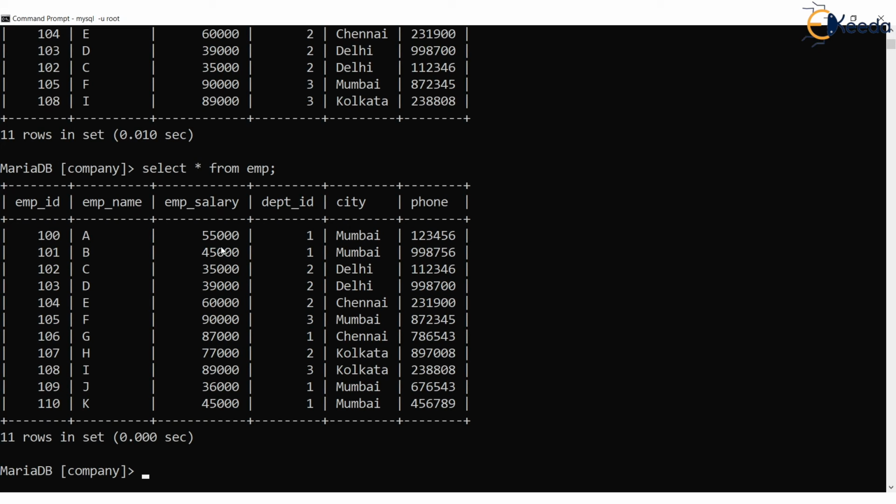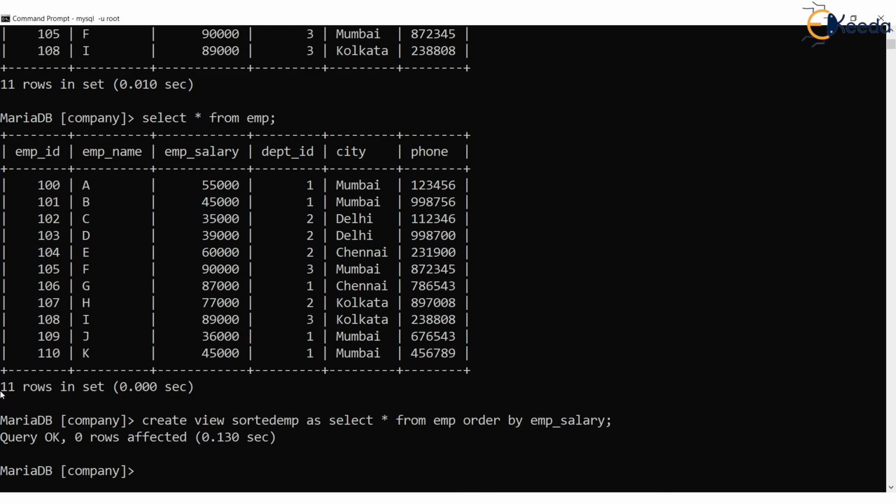You can just say create view, and then the view name, maybe sorted EMP, some name I have given to the view, as select star from EMP, order by, and then maybe we want to order by employee salary.